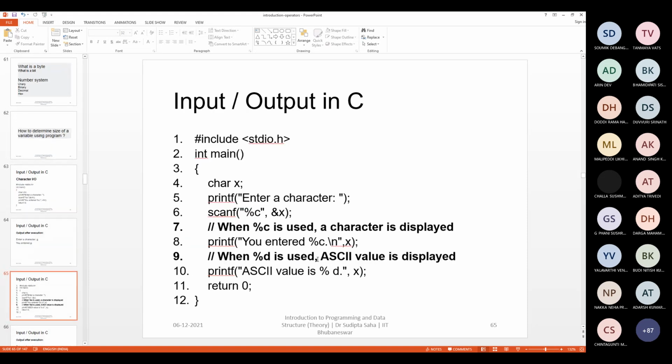Somebody can tell me what is the full form of ASCII? American Standard Code. Okay, I got it. So as you know, ASCII stands for American Standard Code for Information Interchange.